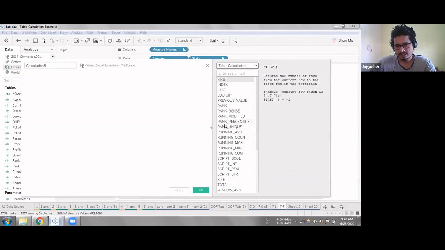Only a particular subset of these functions, the frequently used ones, are put as a quick go-to option in the quick table calculation. So the scope for table calculations is much bigger than those default options alone.